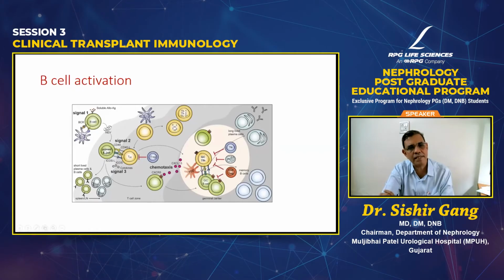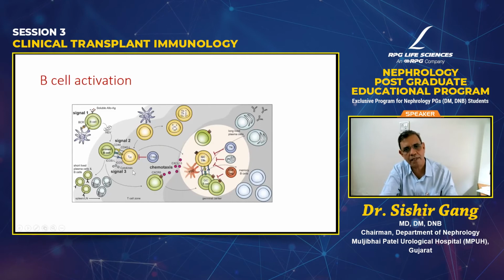These B cells actually lie in the cortical area of the lymph node, whereas the T cells lie usually in the paracortical and then into the medullary area. This is the junction between the cortical and the paracortical area where the B cells then present the antigen which they have acquired, either soluble antigens or the antigens from the dendritic cell. They present it to the T helper cells. T helper cells, along with the co-stimulatory signals, prime this B cell, and then the B cells start proliferating and they form short-lived plasma cells or long-lived plasma cells.